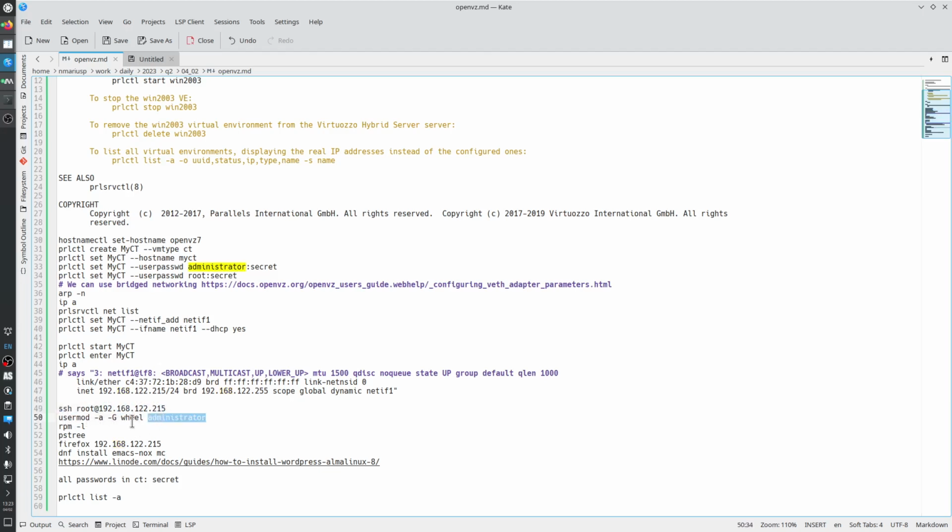I add a user administrator to the Linux user group wheel. I can do all of the things that you can do in Red Hat Enterprise Linux 8. So list the list of RPMs, ps, free, df -h, etc. Then, since Apache HTTPD was installed by default, I can navigate in a web browser to the IP address of the container. I can install software. I was able to set up WordPress,